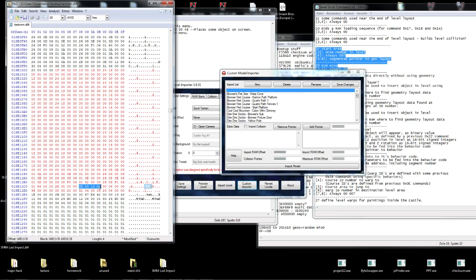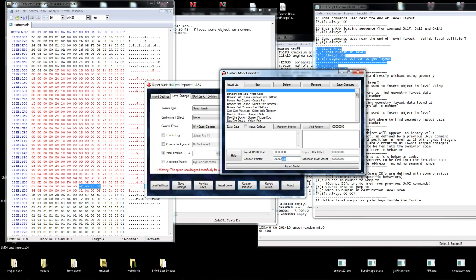Yeah, we see our 2E command is here, so our collision pointer for this would be 11C8. Yeah, this number. The rest I will explain in another tutorial, how you add the geo layout and that kind of stuff. That will be next one probably. So until then,